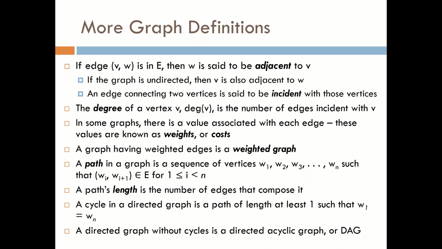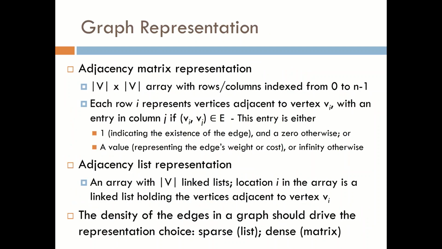And a cycle in a directed graph is a path of length at least 1, such that basically two nodes are the same node. Okay, so W1 equals Wn. And a directed graph without cycles is called a directed acyclic graph, also known as a DAG. Okay,